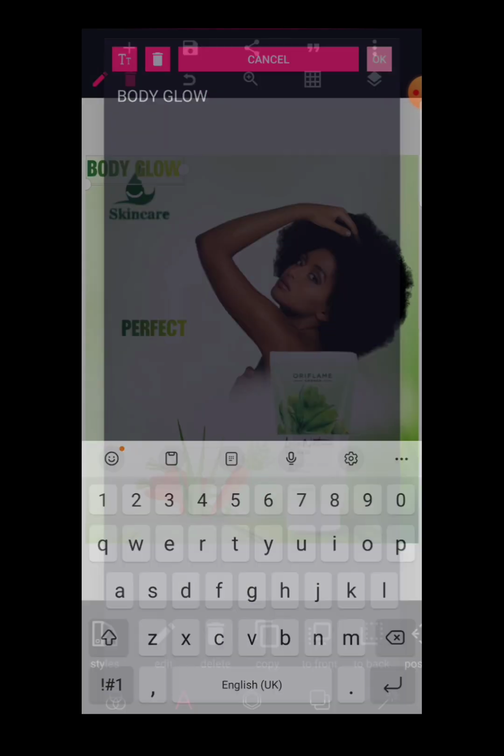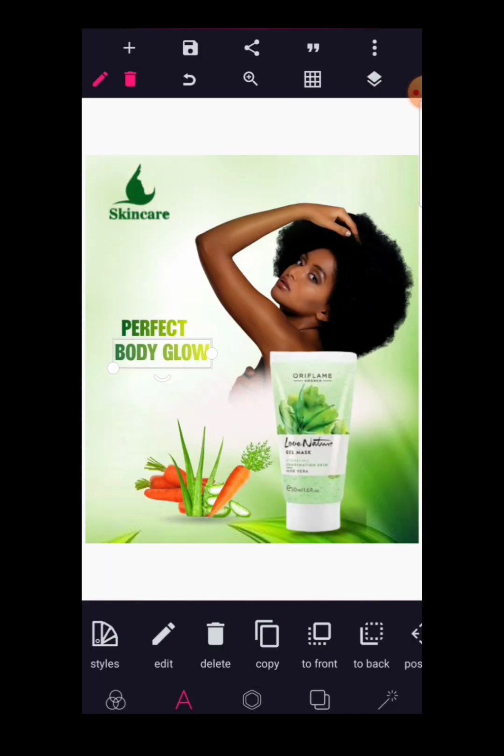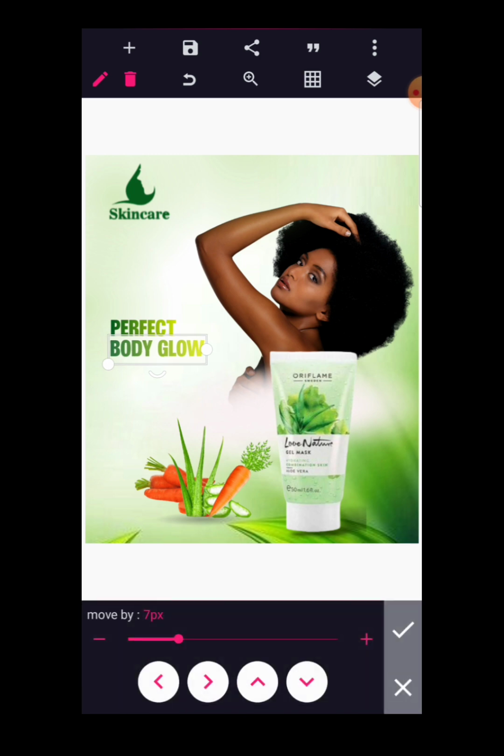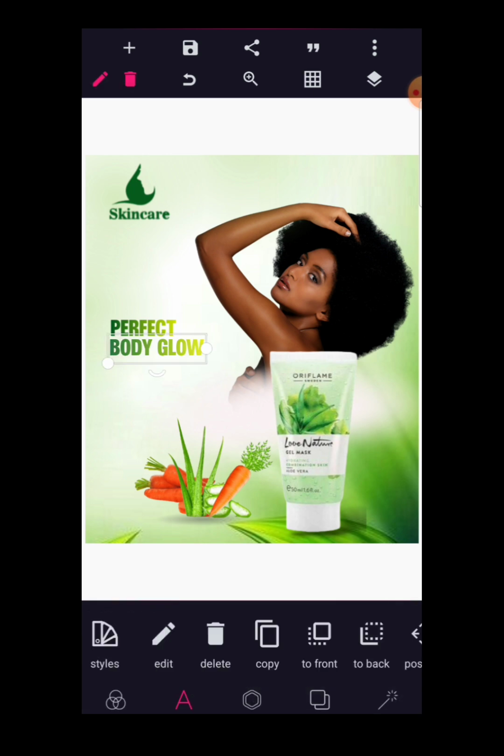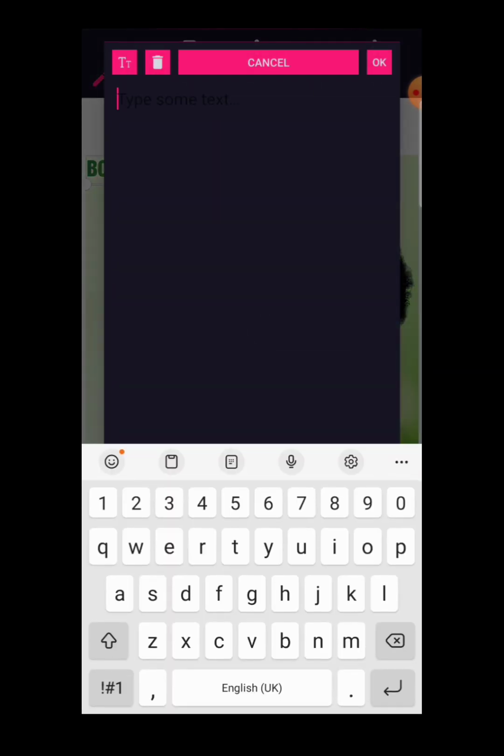So it's perfect body glow. Perfect body glow. And we're going to copy it for the last time and write